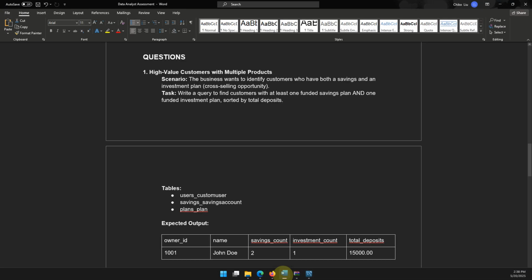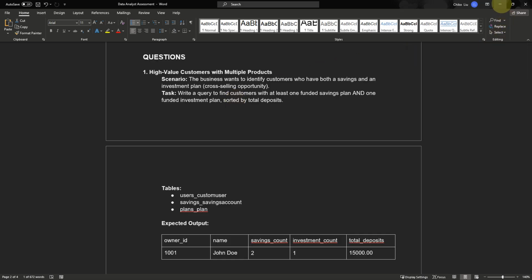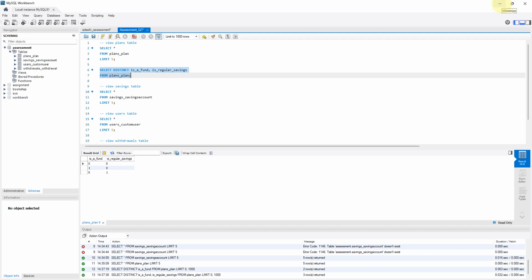So it says you write a query to find the customer with at least one funded savings plan and one funded investment plan sorted by total deposit. So what we are going to do is customer, right? So customer is in the user table. So what can we get from the customer table? Most likely the customer name